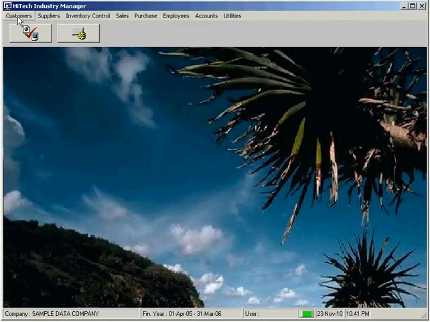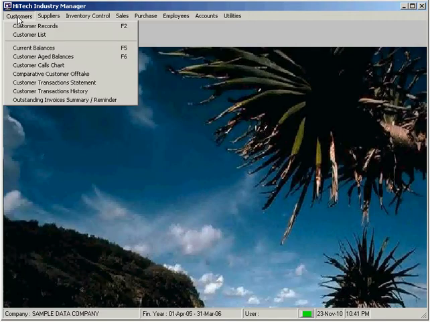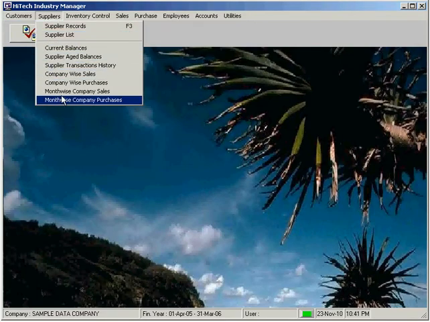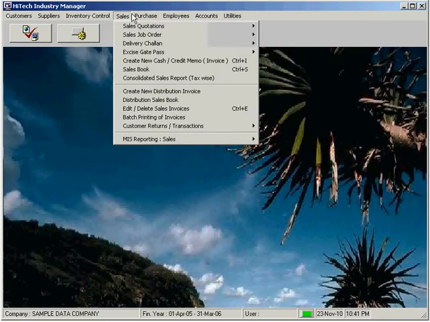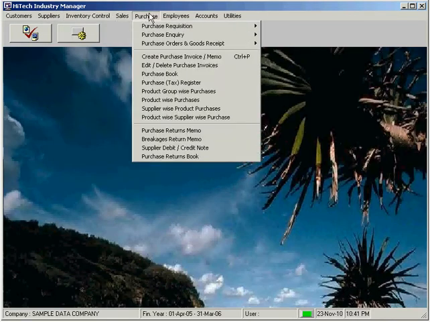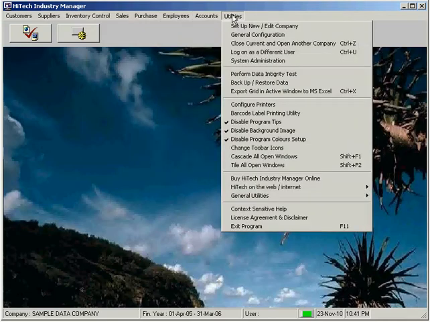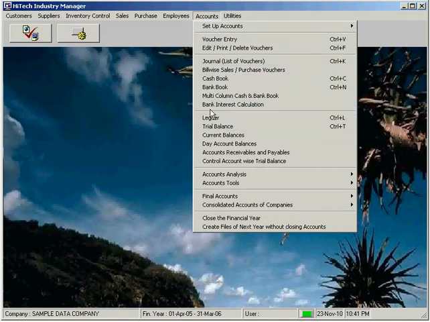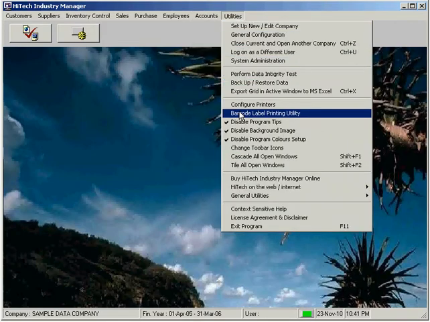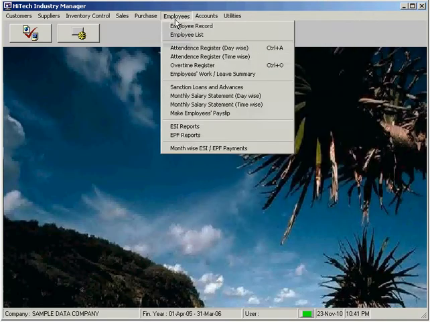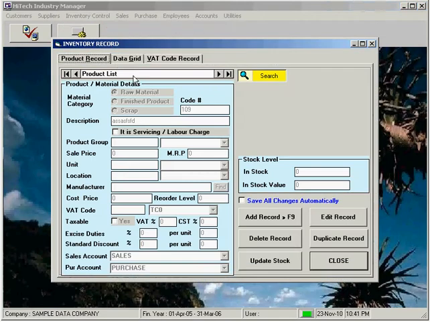The program has following modules: 1 customer module, 2 supplier module, 3 products and stock module, 4 sales module, 5 purchase module, 6 employees module, 7 accounts module, 8 barcoding module, 9 utilities. The program uses Microsoft Access databases powered by Microsoft JET database engine for fast and efficient storage and retrieval of data. Multitasking, or carrying out 2 tasks at a time, that is, printing reports or vouchers, is simultaneously possible while viewing the reports or making new vouchers.